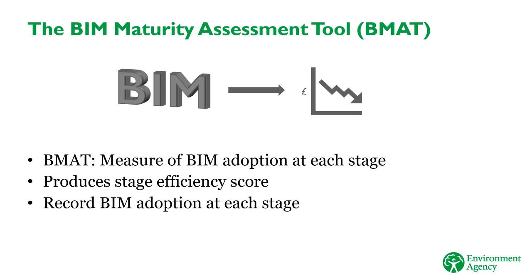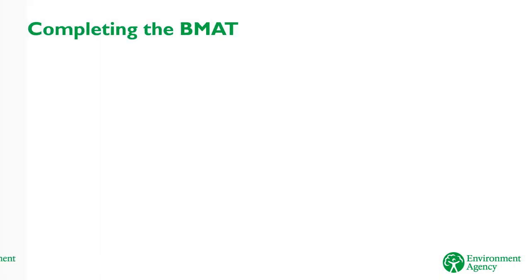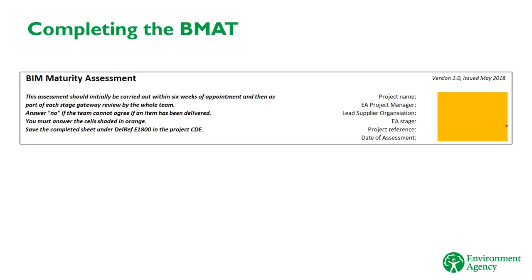The BMAT needs to be completed at the end of each stage in order to provide a record of BIM adoption during a stage, and to calculate the cost savings resulting from BIM. The BMAT is an Excel spreadsheet which contains a number of yes/no questions, asking whether certain BIM activities have been carried out during the stage. There are different questions depending on the stage you're at. For example, it doesn't ask about what you've done during the construction stage if you're only at the business case stage. To complete the BMAT, add your project details at the top of the page and then answer the questions